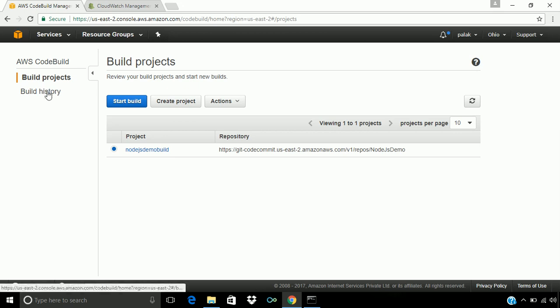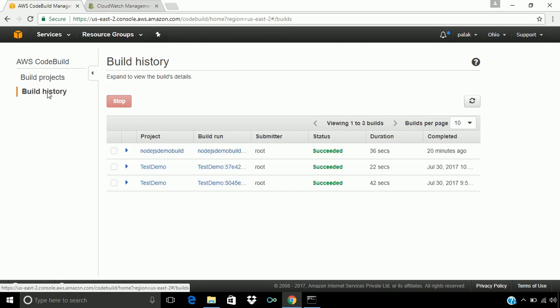We have another tab called build history. Build history shows all the build runs in the past for the different build projects. Whether those build projects are present or not, all the build history will be displayed in this tab.